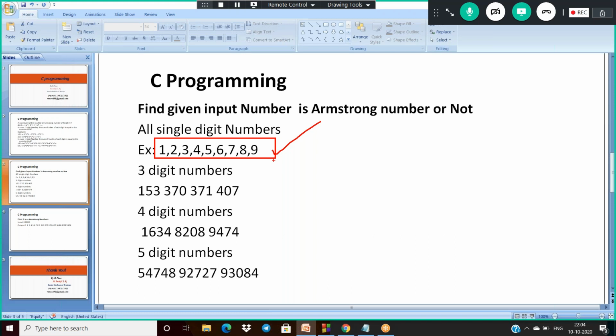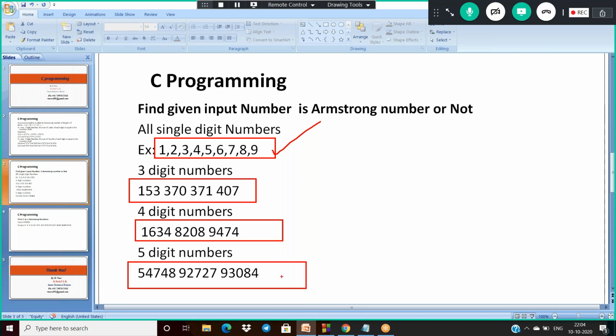Sometimes 0 can be called an Armstrong number. Since it is a single digit, all of 0 to 9 qualify, and there is no two digit Armstrong number. There are three digit Armstrong numbers, and four digit Armstrong numbers, and five digit Armstrong numbers.